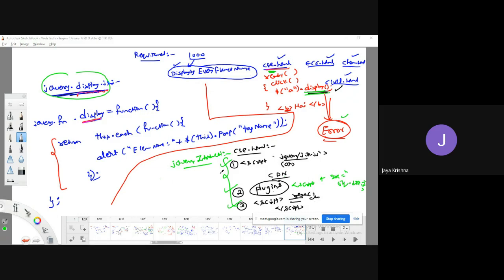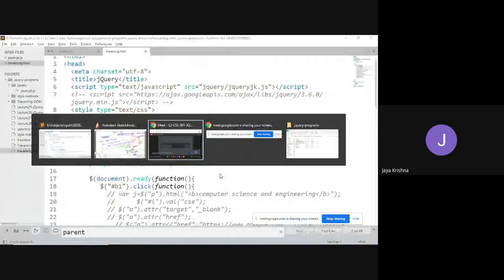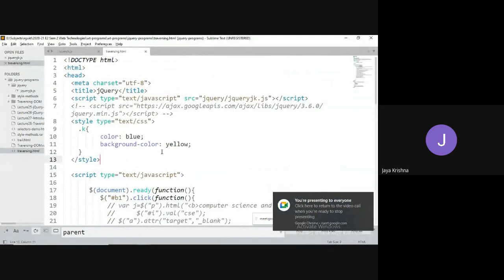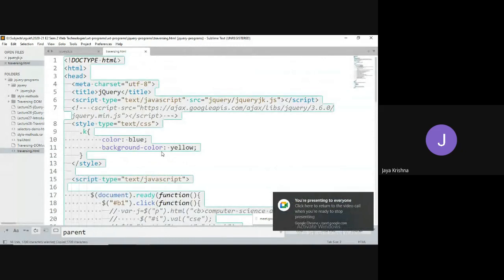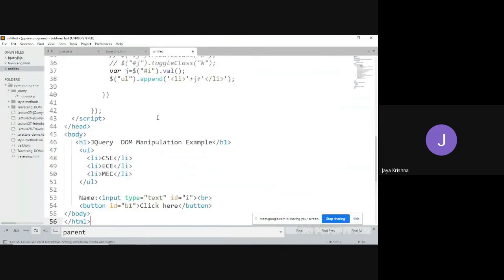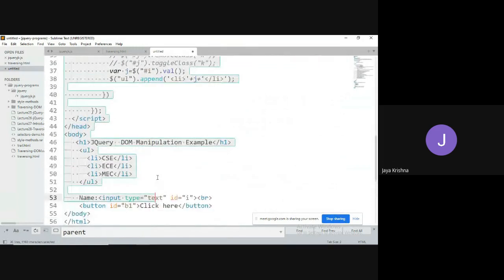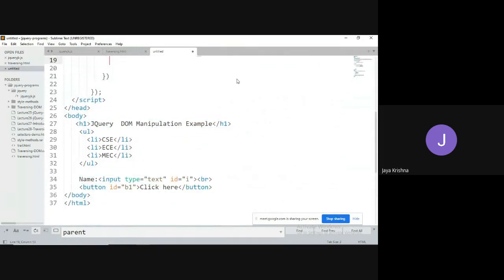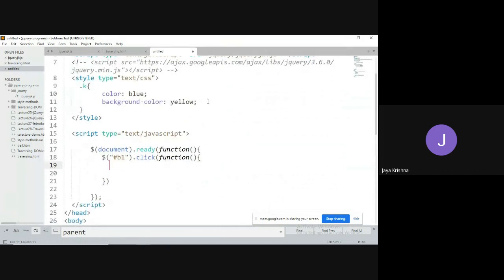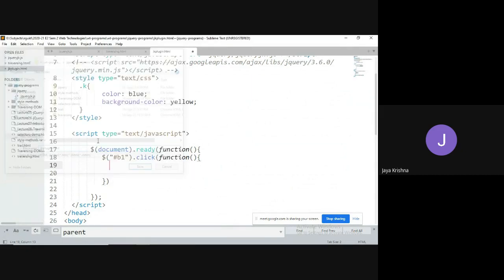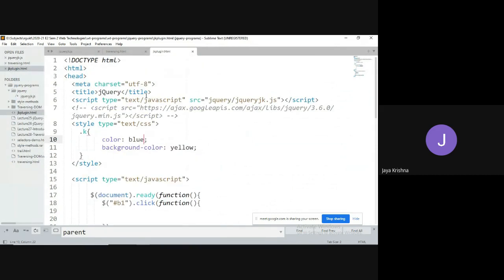So what I will do is take this example right now, and I will explain it thoroughly and clearly. I'm going to copy this one, Control N, Control V. I'm going to make the ready function available, and I made one button available. I'm going to save it as jk plugin dot html. I have taken an html file.